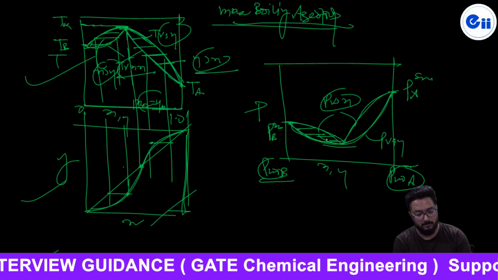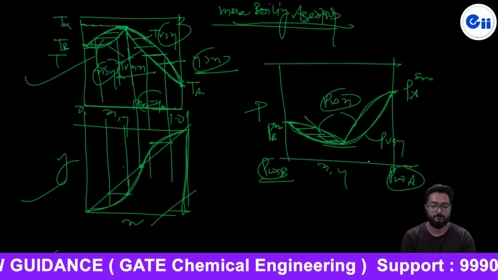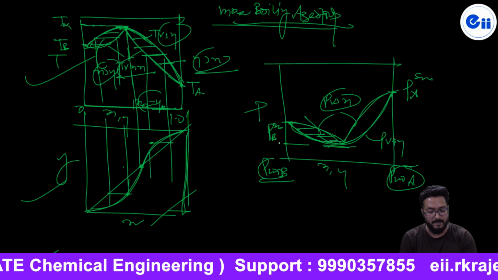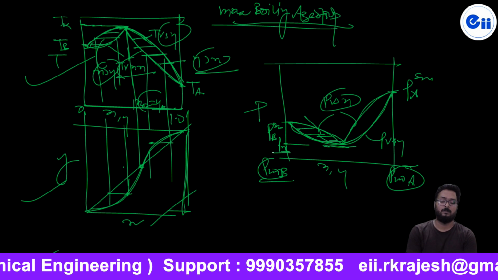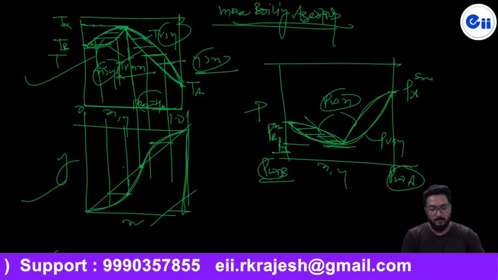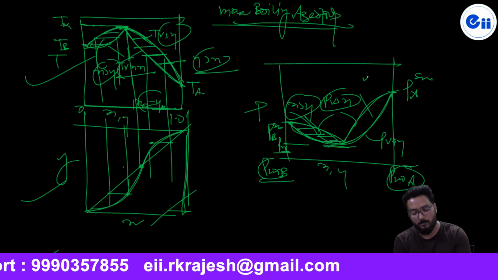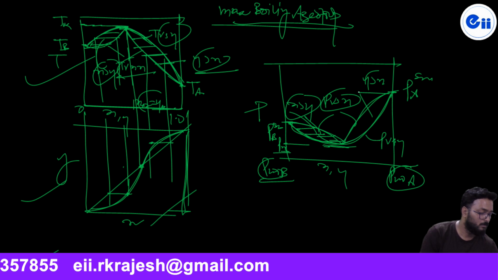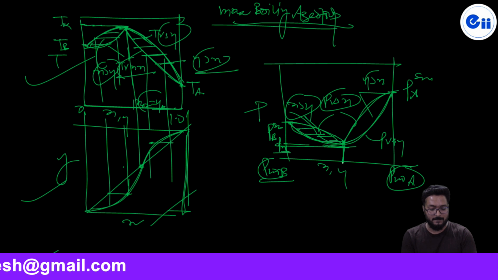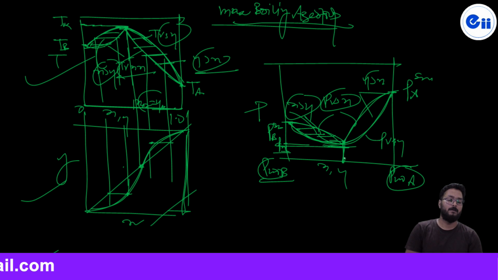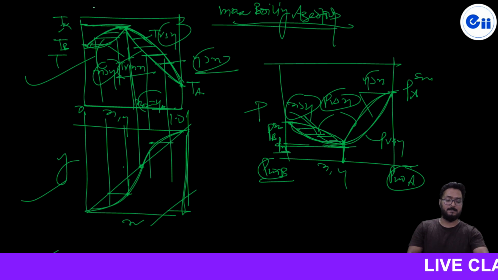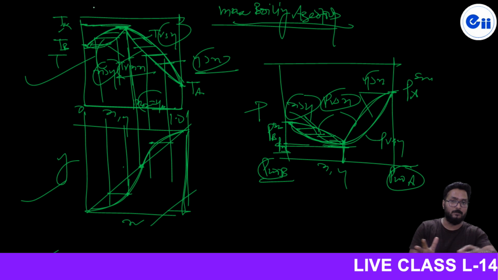Now my dear student, here the total vapor pressure is minimum. Here in this case X is more than Y, similar to here Y is more than X. Are you getting? So at this composition, the total vapor pressure is found to be what? Minimum. And that's why the boiling point of the mixture is going to be found to be maximum. So these are the different types of azeotrope, and these are all homogeneous azeotropes.